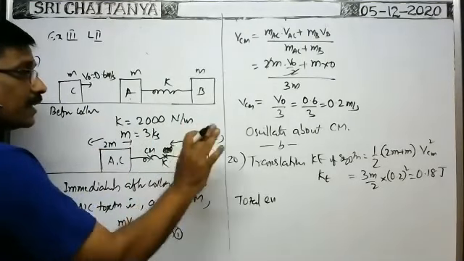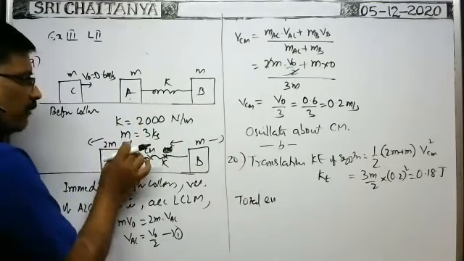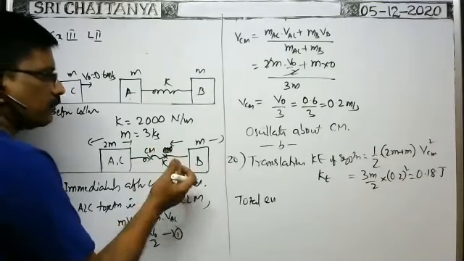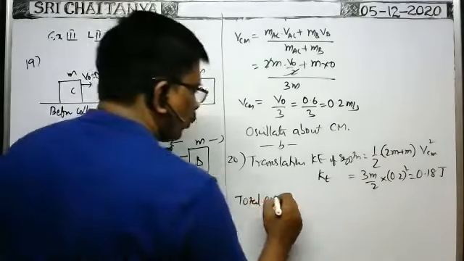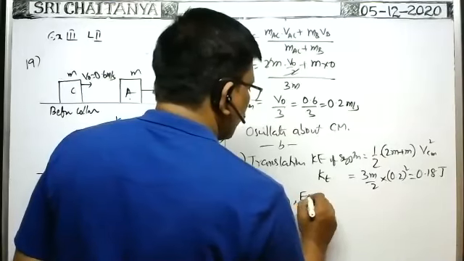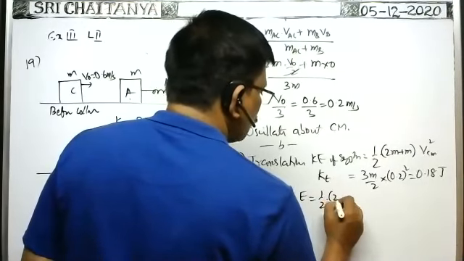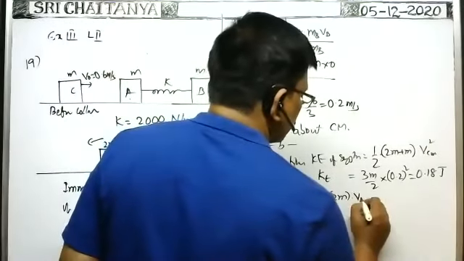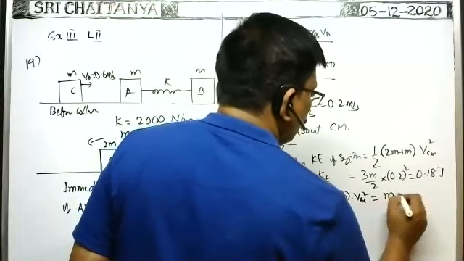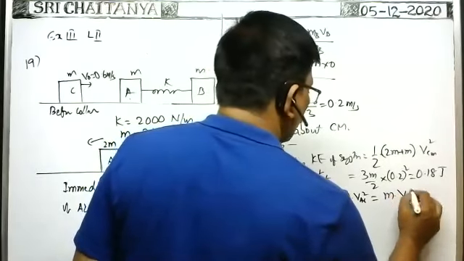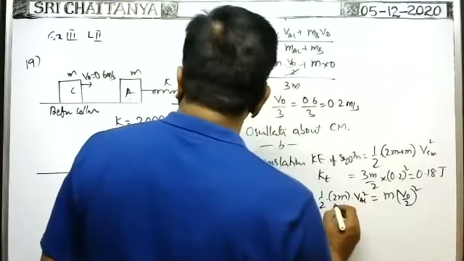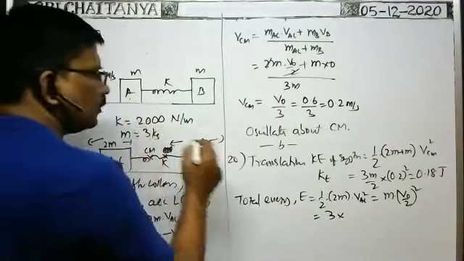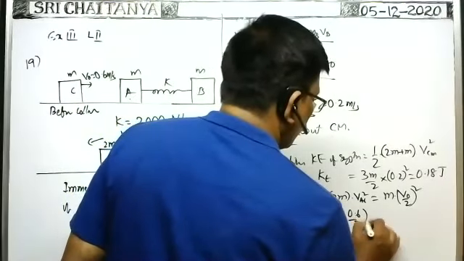The total energy of the system, not kinetic energy only. Whenever the spring starts compression, it has only the kinetic energy. That is the total energy of the system. At that time, there is no compression also. That's why total energy E is equal to half into the mass of the two blocks together into the common velocity squared, that is V_AC squared. That is equal to m into V_AC squared. V_AC squared is equal to V naught by 2 whole squared. That is equal to m, 0.3 kg, into V naught by 2, where V naught is 0.6, so 0.6 by 2 whole squared.